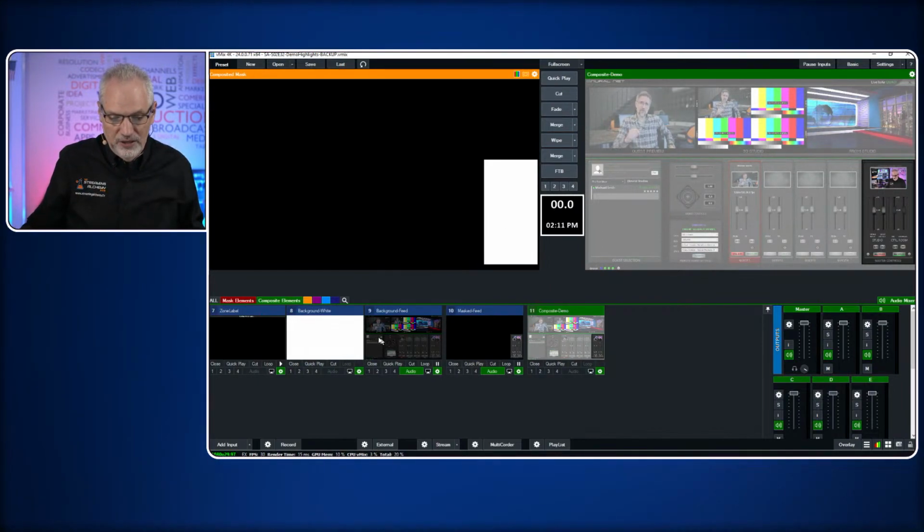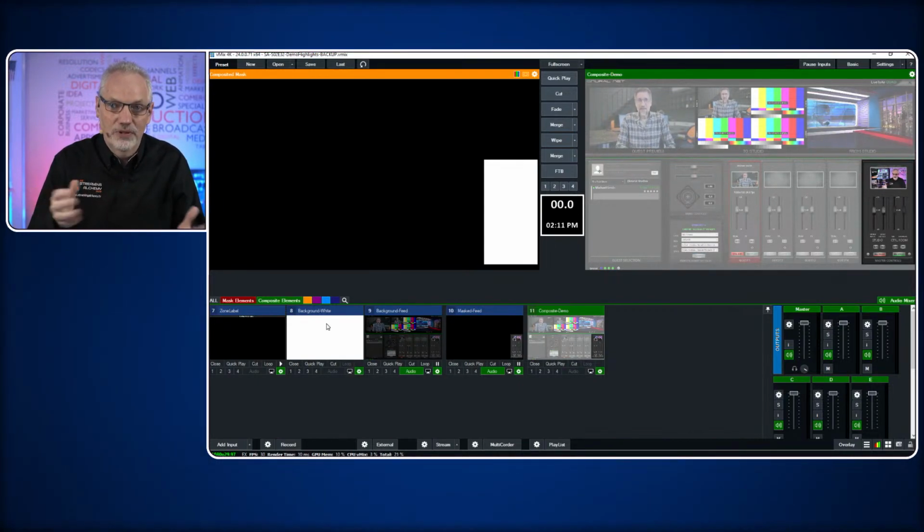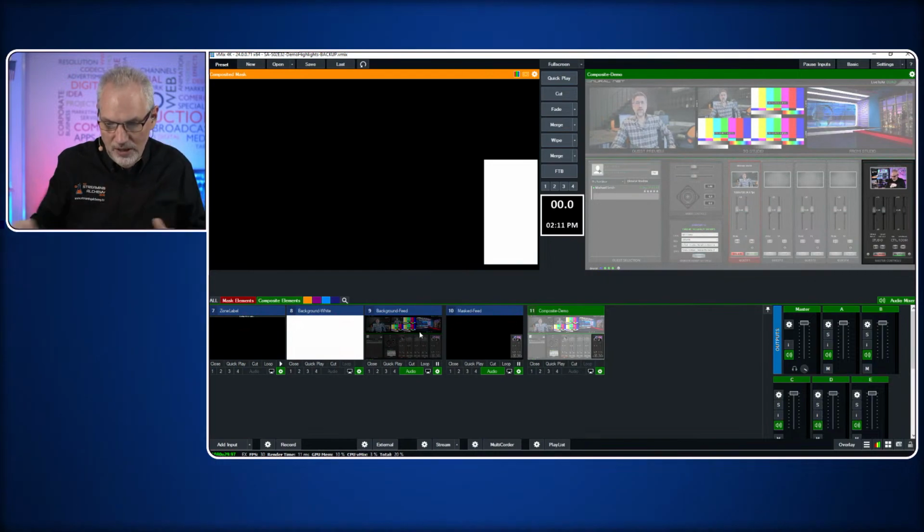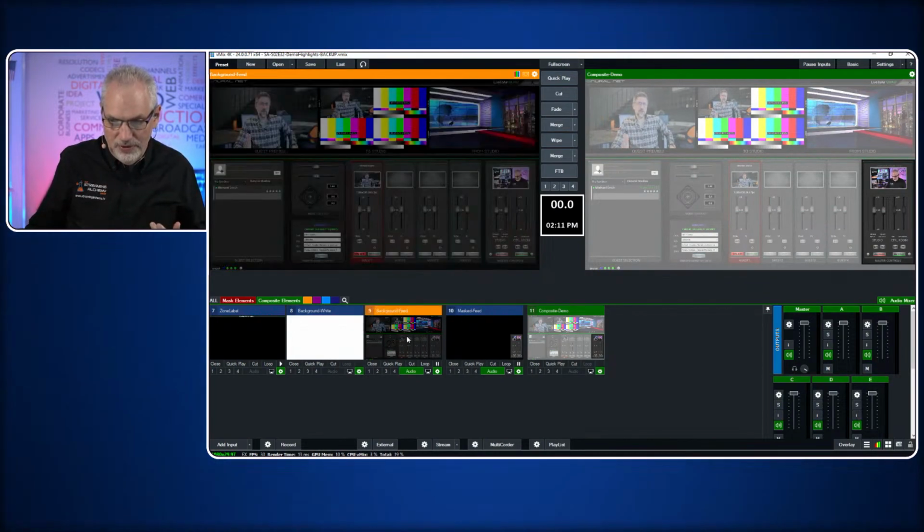So what we're doing is we have a background layer that we have created here, which is just colored white. We just do the input, assign a color to that input, and choose white. We then have a feed that's coming from a system we have somewhere else here in the studio. If I put this here, you can see that this is